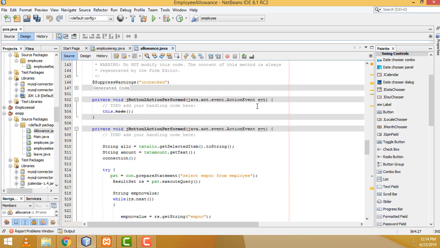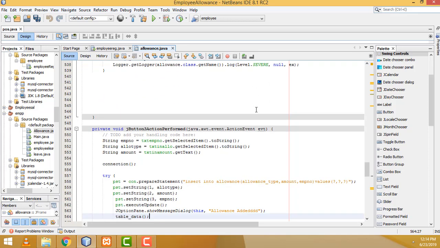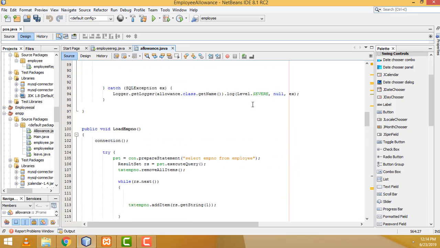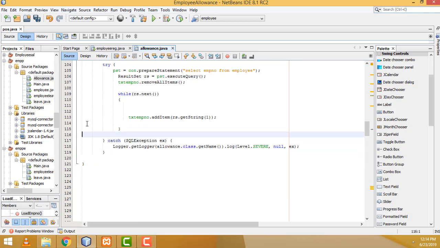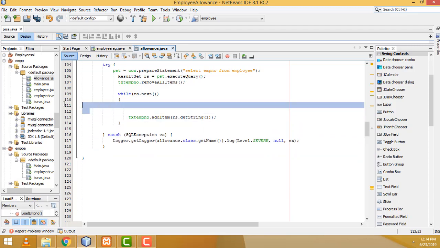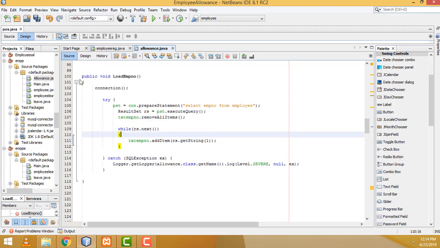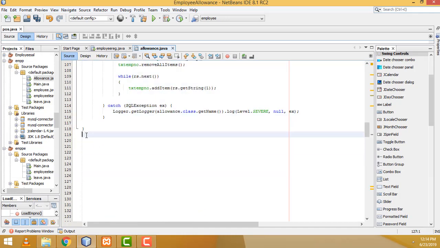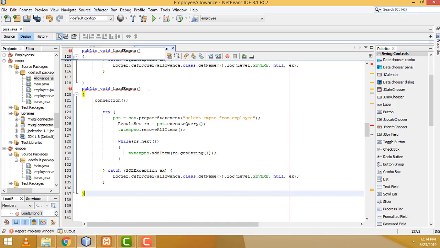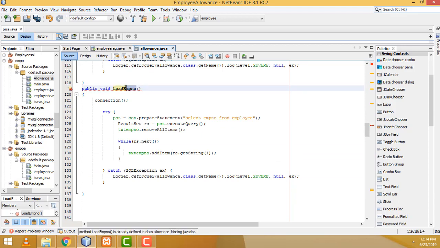the same thing here, copy, which one, the employee load, this function. The same function we have to copy, and we have to do a couple of modifications. You have to press Control C to copy, Control V to paste below. This one, load department,